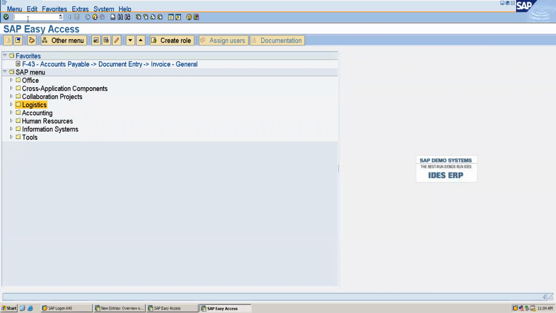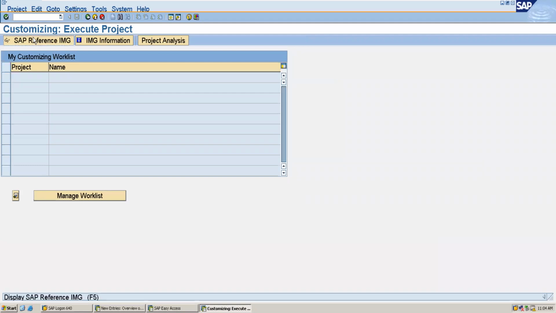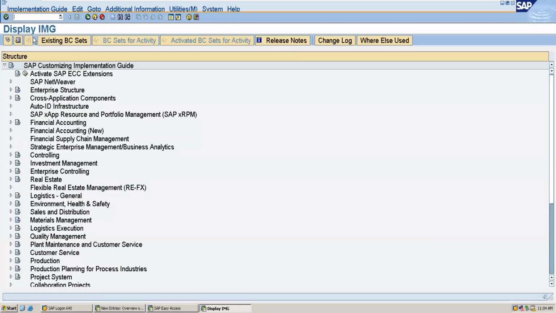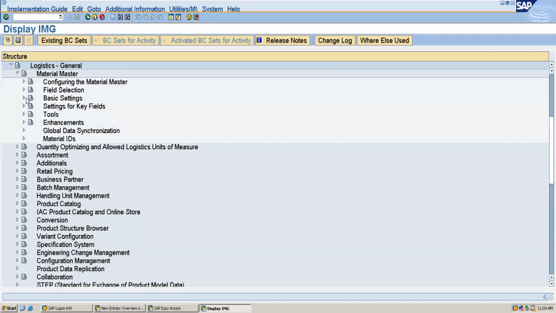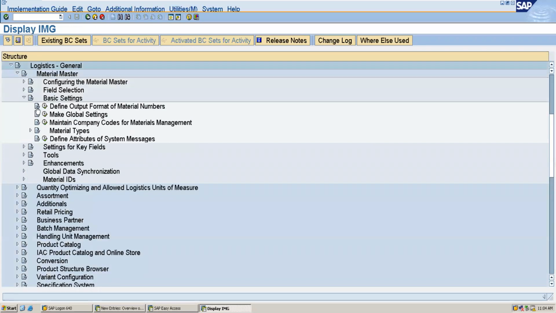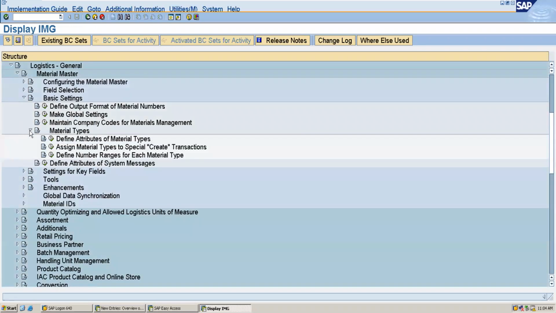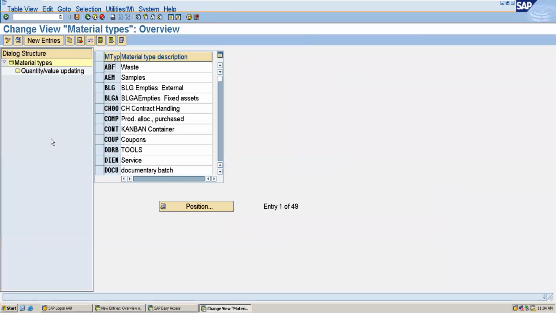First, we will go to the implementation screen, SAP Reference IMG. From here, we have to go to Logistics General, then Material Master, then Basic Settings, Material Types, then define attributes of material type. Here I'm going to create the raw material.